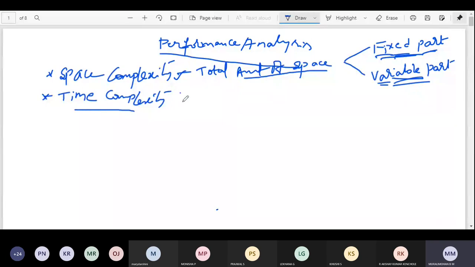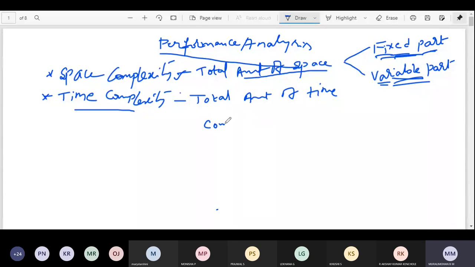Time complexity is the total amount of time taken by the algorithm to complete its execution. Here also we have two times.